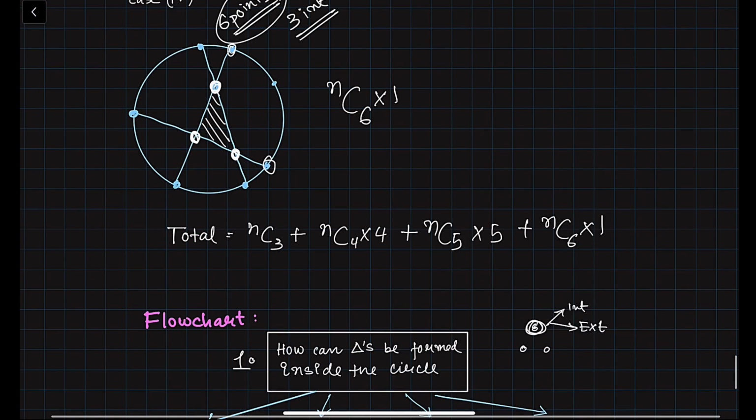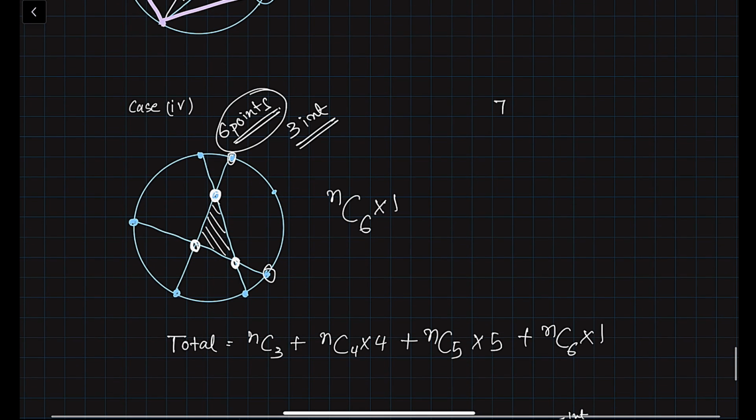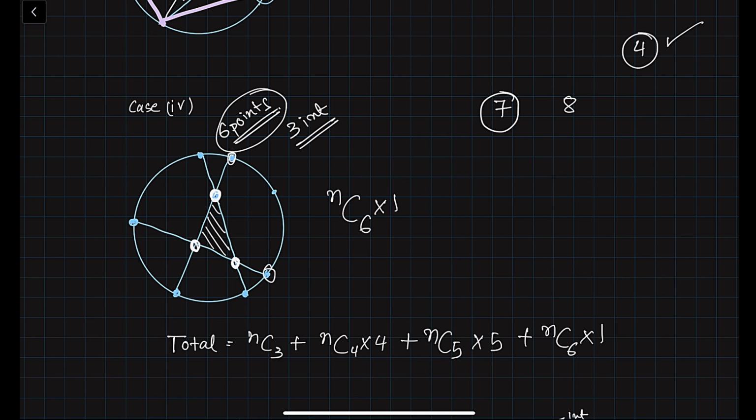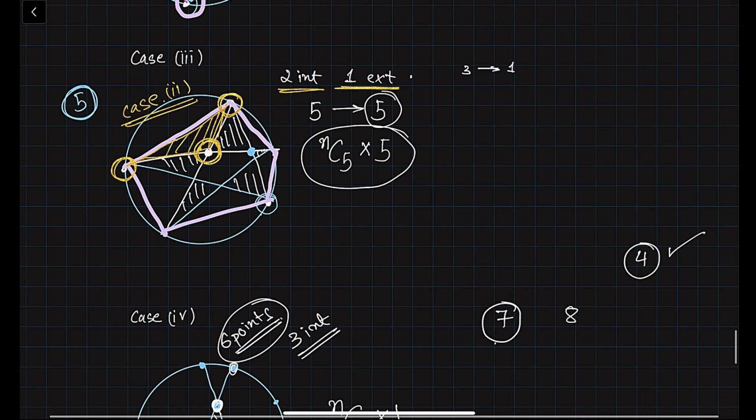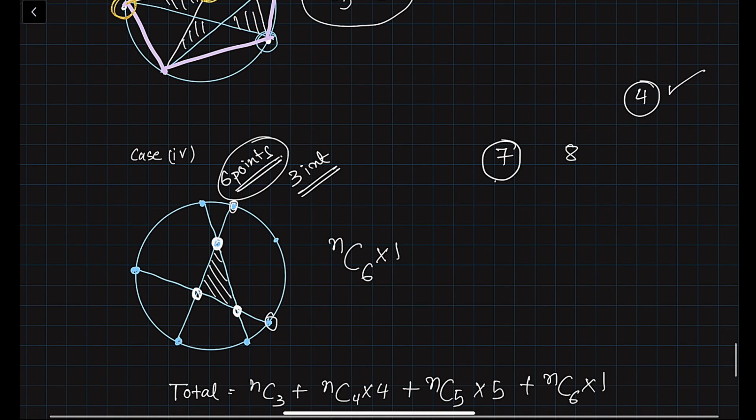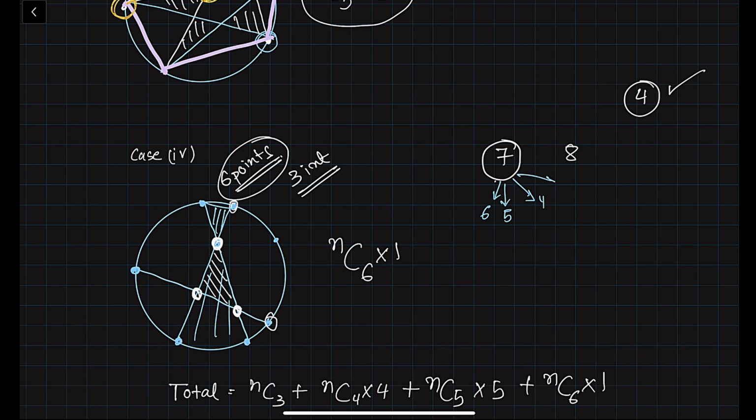Now you can ask me a question that why are we not considering the cases for 7 points, 8 points? First answer is we had only 4 cases and we have already exhausted it. Second answer is that if we consider even for 7 points, then we get repeated cases. Like we saw for 5 points, we got this repeated case. And for 6 points also we can get a repeated case like these. These are repeated cases. Right? So for 7 points also we will get cases where 6, 5, 4, 3, all these types of cases will come.